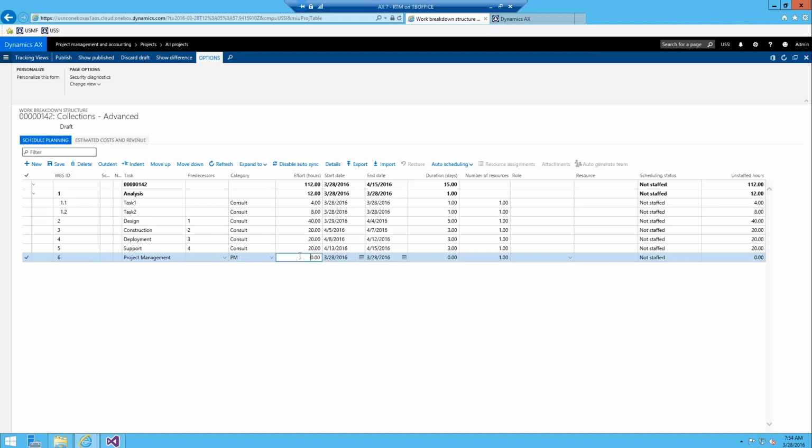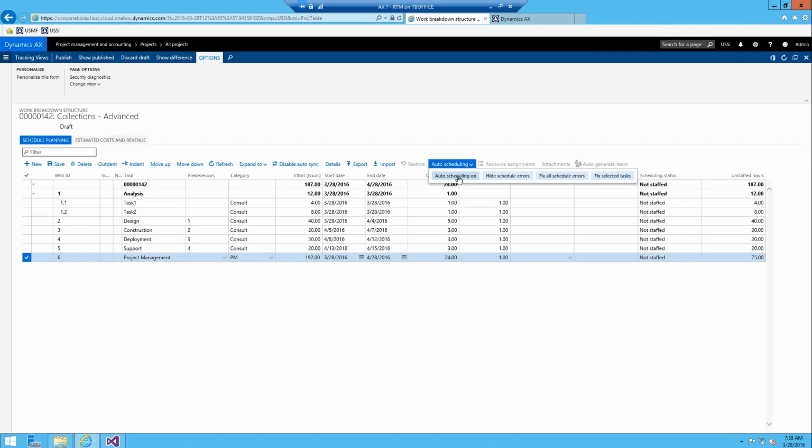And you're going to allocate, let's say, I don't know, 75 hours for PM work. Well, the system's telling you that's 10 days worth of effort, and it starts on 3/28 and ends on 4/8. Well, we know this project runs till 4/15, and we want to project manage the whole project, right? So the system's kind of working against us, and you can try and adjust this to 4/28, and that will work, but now it's telling you that you need 492 hours worth of effort. The auto scheduling is just trying to project the best amount available to you based upon